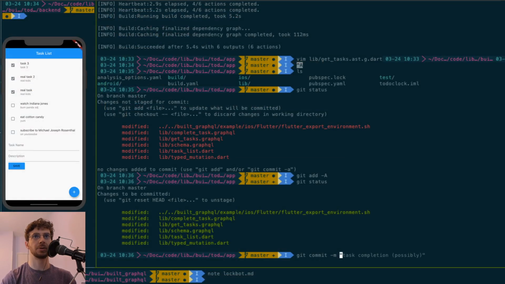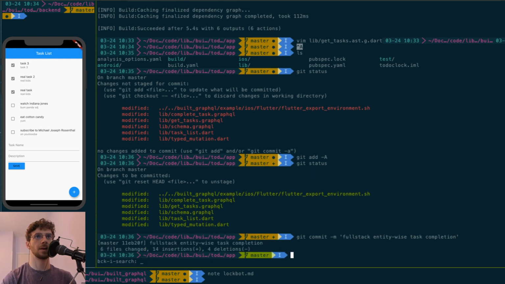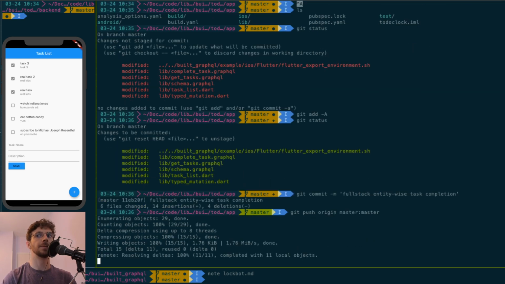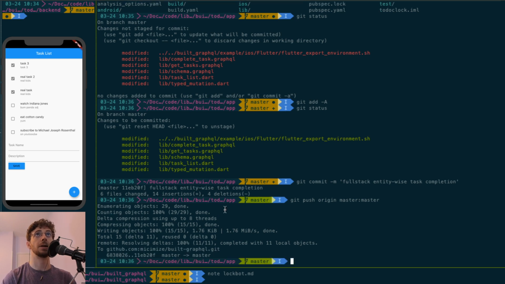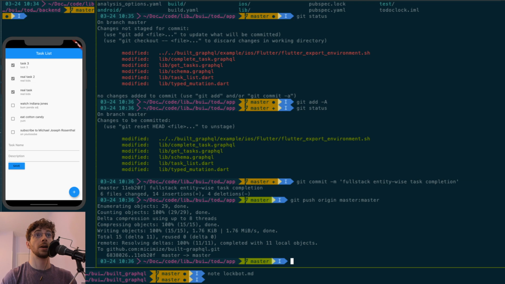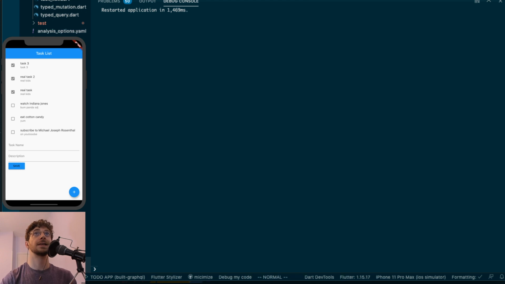so I'm committing this real quick. So full stack CY's task completion. And that'll include the changes we had to make to the typed widgets. So let's see. So that's actually if we get, once we have